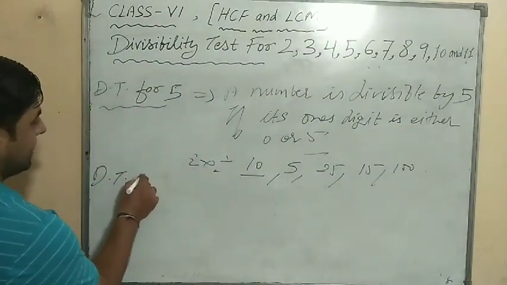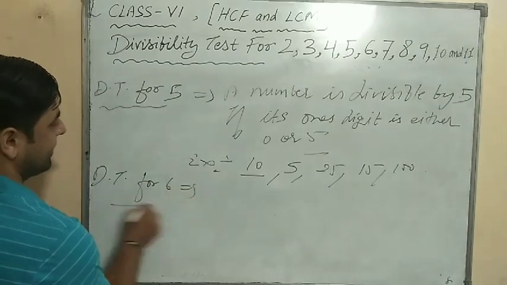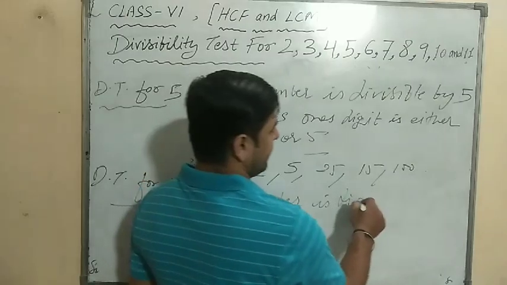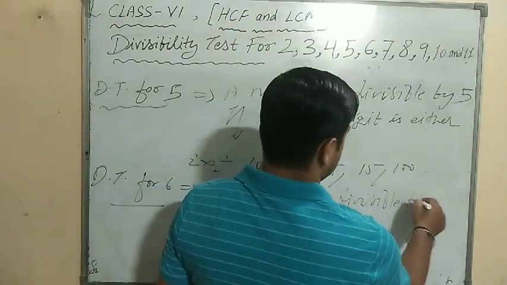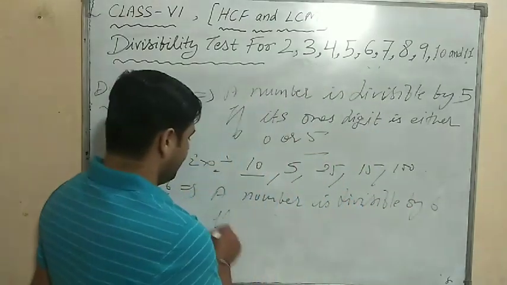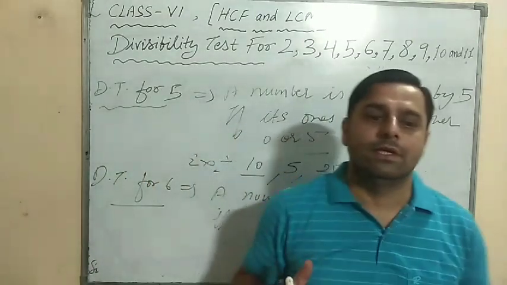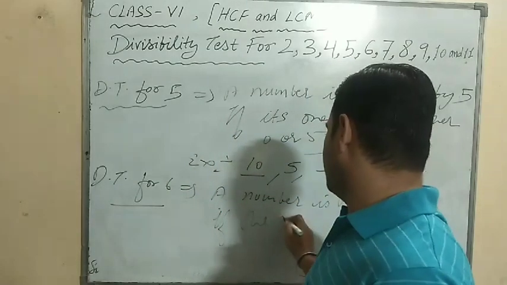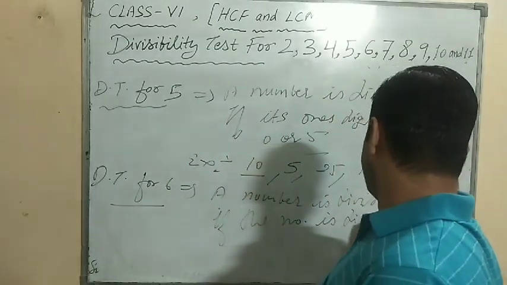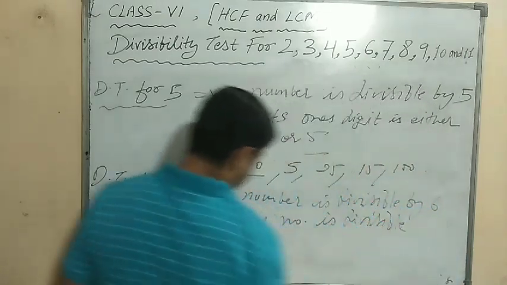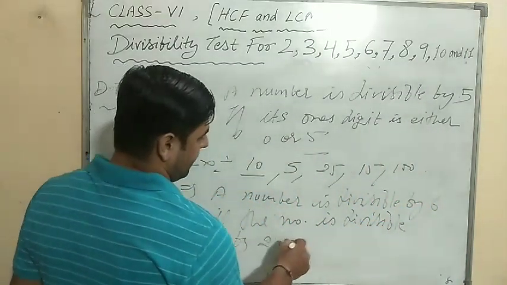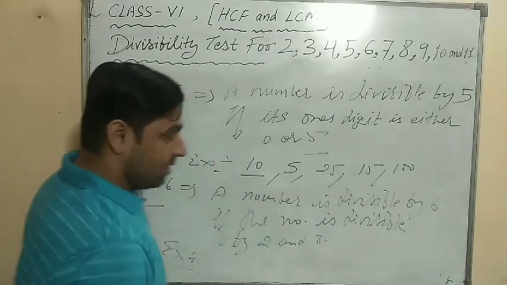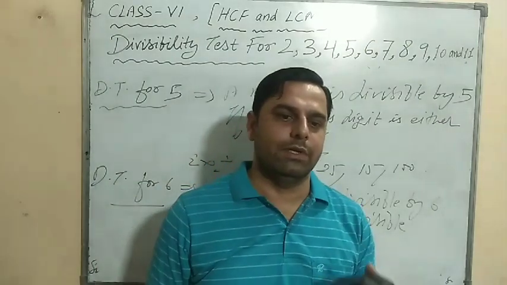Next is the divisibility test for 6. A number is divisible by 6 if the number is divisible by 2 and 3. The number is divisible by 2 and 3. Example, just like